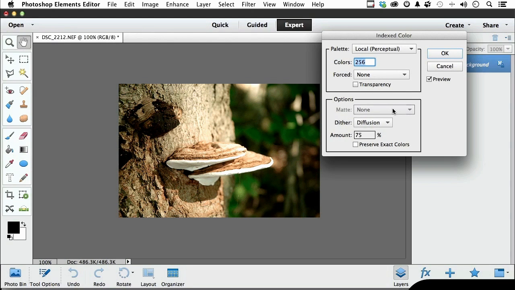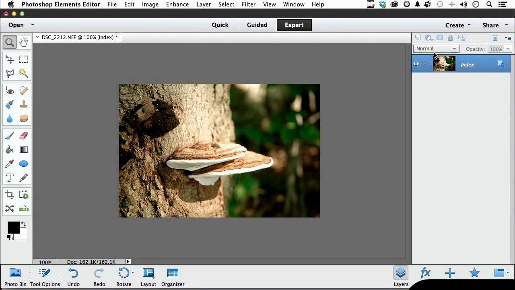Dithering is how it patterns the pixels to present a smooth appearance between shifts in colors. And Diffusion is probably the one that you want. It does the best job for photographs, with an amount of about 75, and I'm not preserving exact colors. I'm letting it do its thing. Now, if you look over here, 486.3, if I click OK, 162. So we've got it down by 2/3. It becomes an indexed object. So I'm going to undo that. The reason I am is because I think the